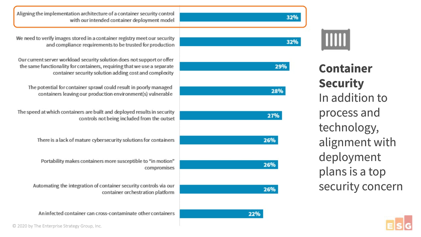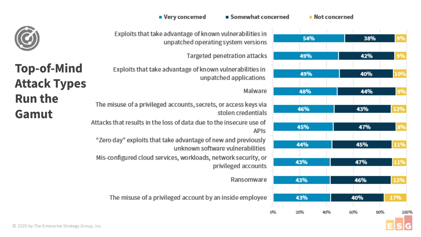All right, attack types. Look, every time we do a research study and we ask about attack types organizations have experienced or certain attack types that are top of mind, no one on the call here is going to be surprised that there's a lot to worry about. So when I look at a slide like this and these research results, I'm looking for the themes. And I think there's sort of two themes here, right? Well, maybe three. Okay. First theme is the top of mind attack types run the gamut, like the title says. Okay, so that's sort of the obvious point, thing one.